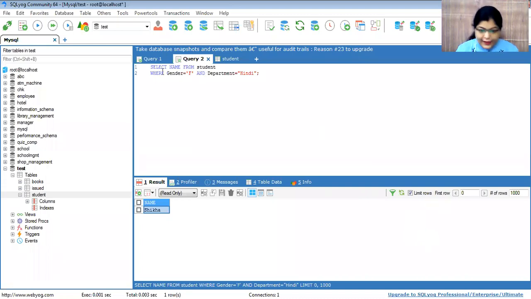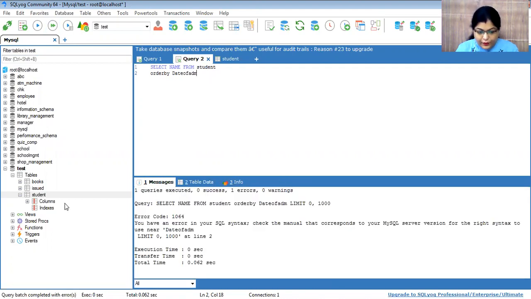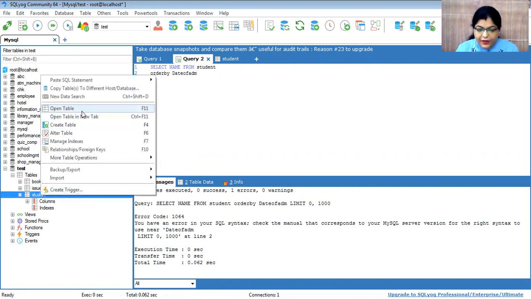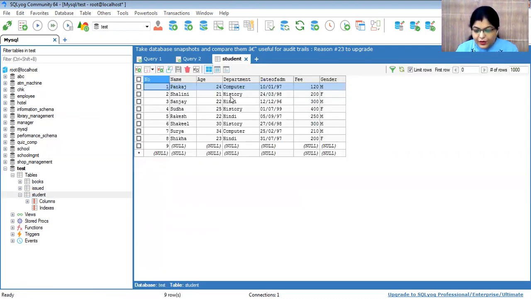So select name from student. We have to write the order by clause here, order by date of admission. We have to check the column name as well. If the column name is different, your answer will be wrong.